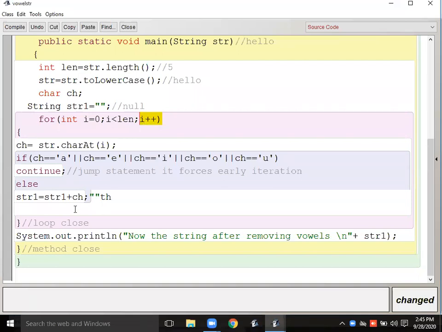So now only TH will be there in str. Then next S is to be fetched. Then this condition is false. Then again it will write TH. Like that your execution will go on. Let me compile it. Now the string after removing vowels is str.